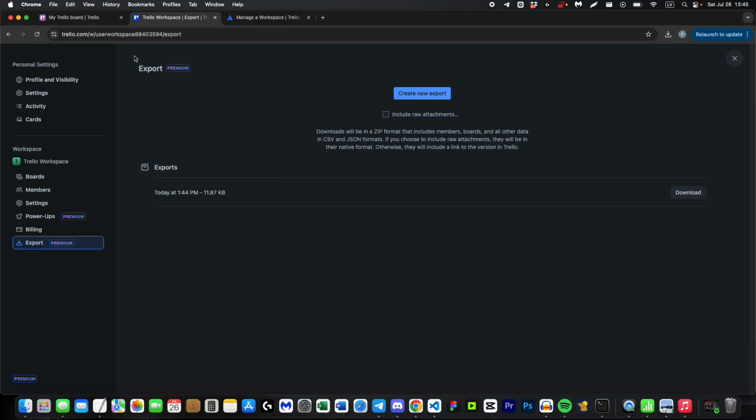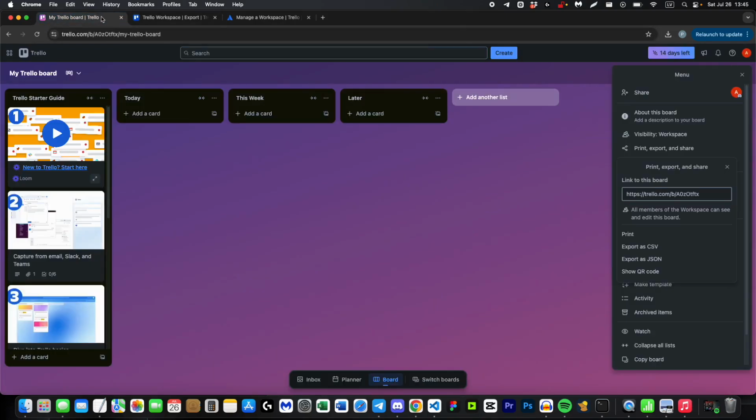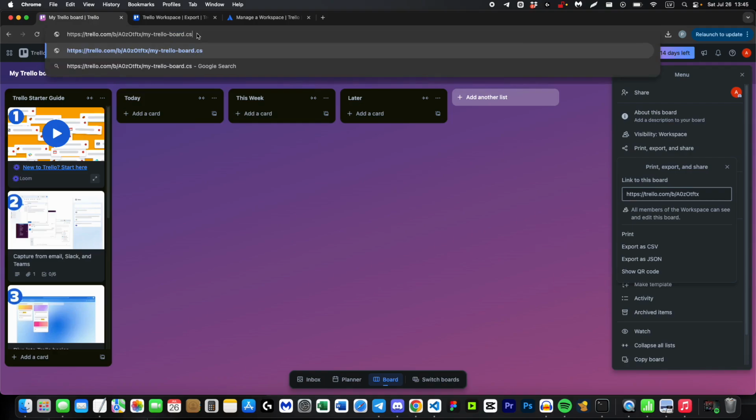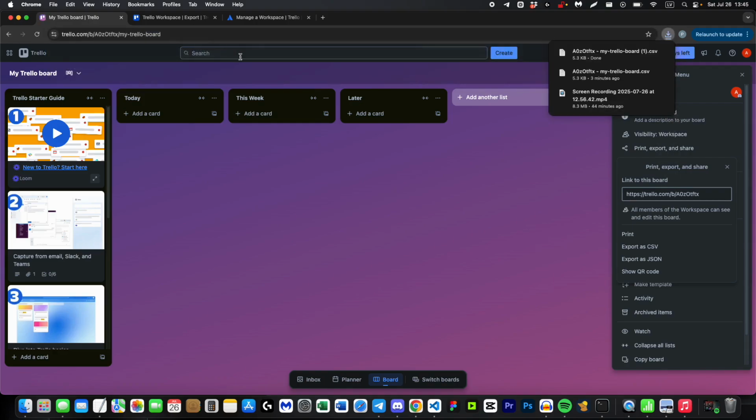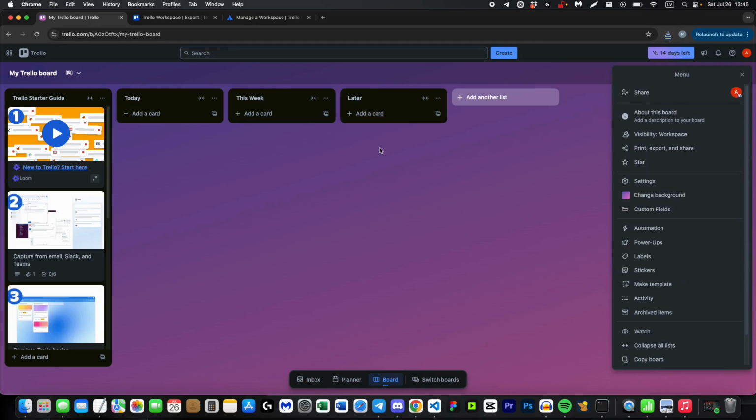There's also a handy trick for getting CSV data that includes archived cards. Navigate to your board and look at the URL in your browser's address bar. Simply add .csv to the end of the board link and press Enter. This method automatically downloads a CSV file containing both open and archived cards, giving you a complete picture of your